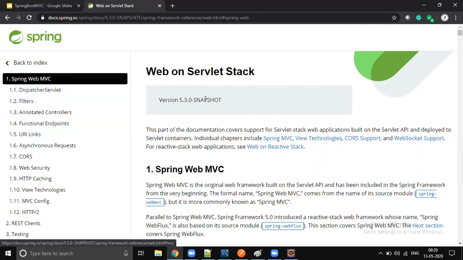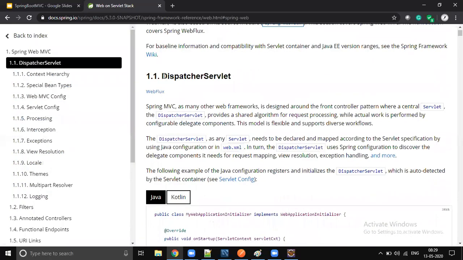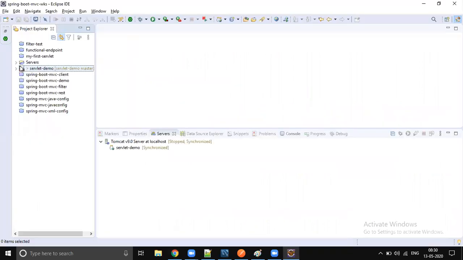So Spring MVC, it all starts with a servlet which is written by Spring called the dispatcher servlet. You know, the main hero for Spring MVC is dispatcher servlet. For this entire movie, the hero is dispatcher servlet. So this is already written by Spring people. What you have to do, you just need to configure. You just need to configure.